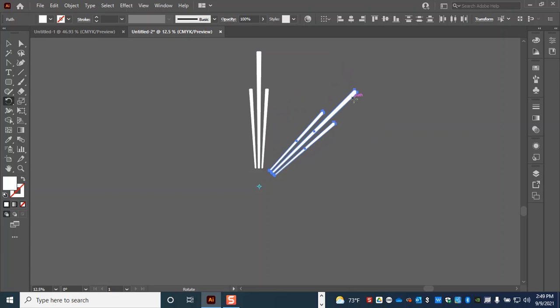Once you release, so I held down Shift and Alt at the same time, and I clicked and dragged, and then when I released, that operation took place. Don't click on anything else. And while it's still selected, while I'm still in the Rotate tool, right after I've done that operation, I'm going to go to